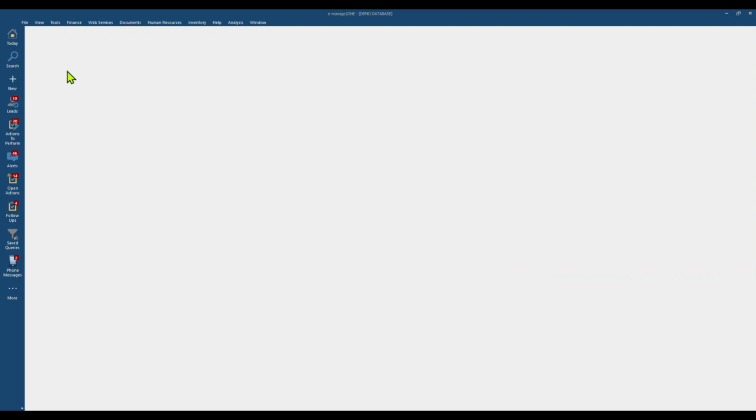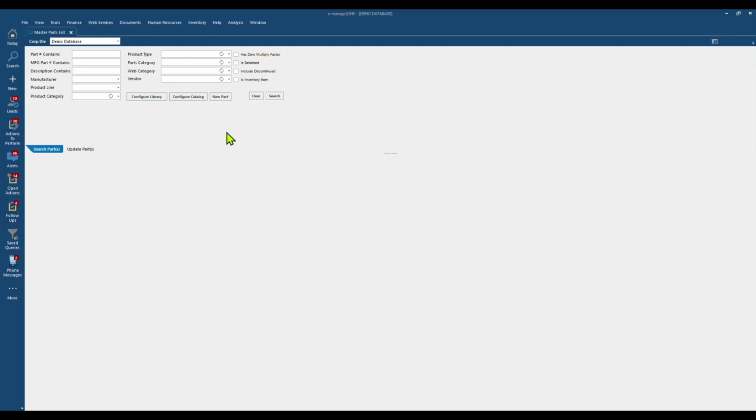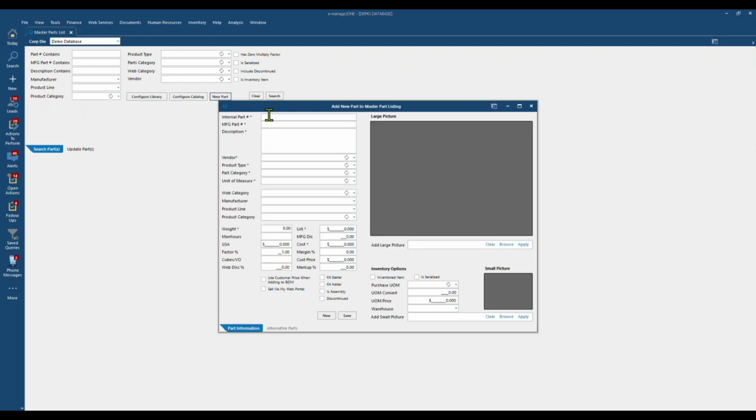I'm going to use Tariff as an example today. First, we need to go into our master parts list to make sure that we have a part to use on our auto part template. So I'm just going to go into our master parts list and click on new part. From here, I'm going to set up specifically a Tariff part